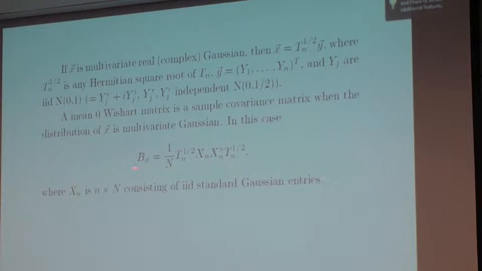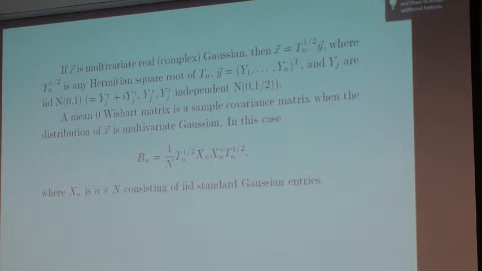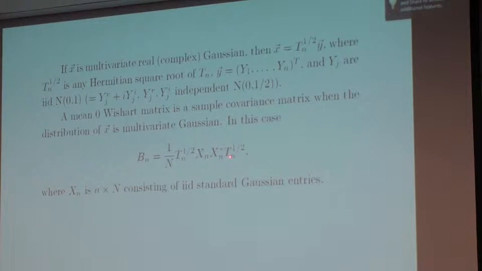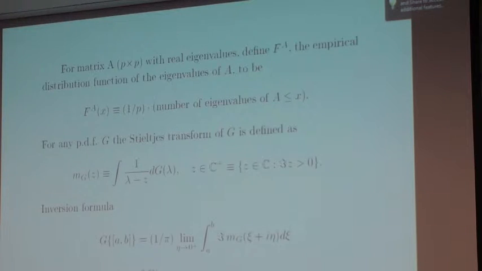In this case, the matrix Bn can be expressed in this form, where you have the independent elements. The X consists of IID standardized Gaussian entries, either real or complex. The matrices I look at are of this form, except, at least for the first result I'll present, that the population matrix can be random, but the X's are full of independent, identically distributed random variables, not just Gaussian. That's the extension from multivariate statistical analysis involving Wishart matrices.